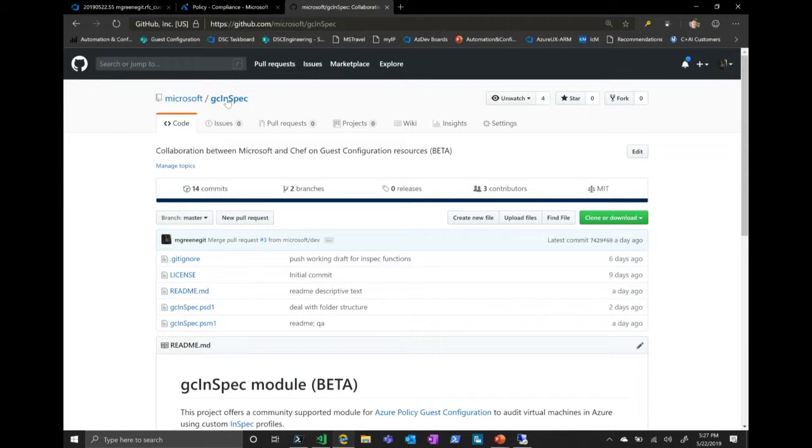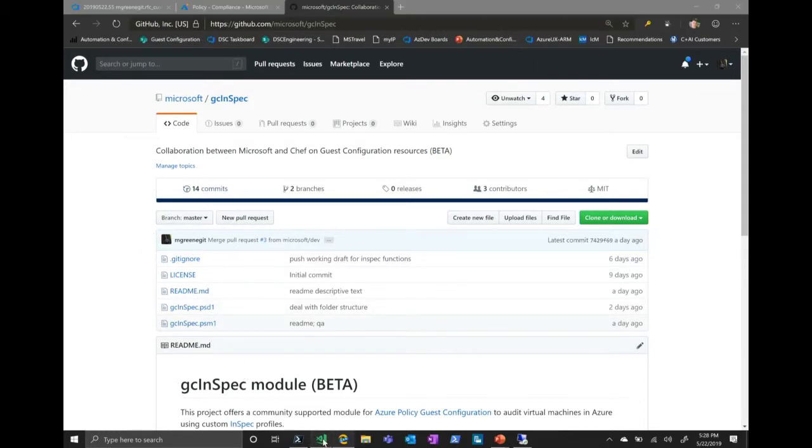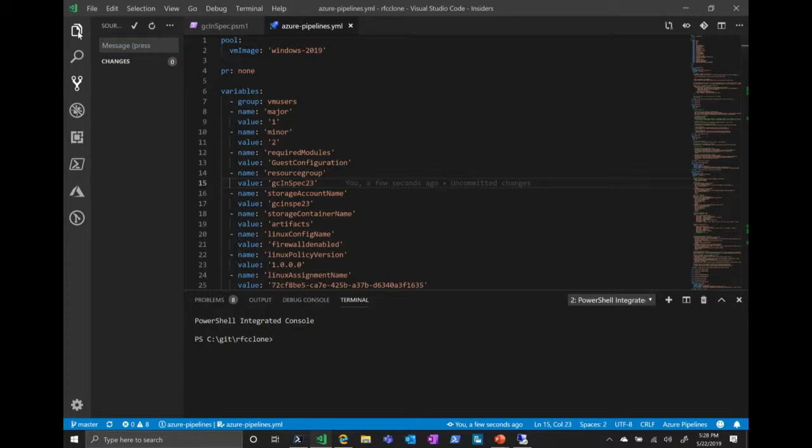I recently, just earlier today, switched it from being a class-based resource over to a script-based resource, just to iron out a couple of things. But ultimately, I want to switch it back to being a class-based resource. That's kind of how I prefer to do it. If you want to see exactly how this works,